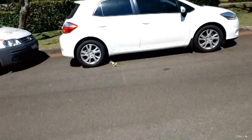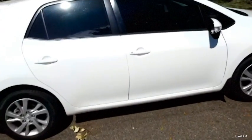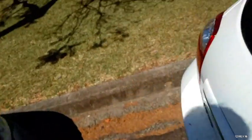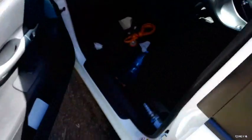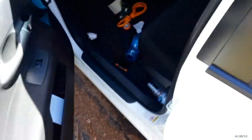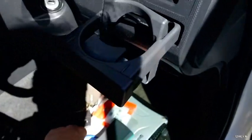Here we are, side of the road, Toyota Corolla 2010. First thing you might want to do is check the VIN, and that's located on the driver's side here, right about there. Next thing with this car is, if you're locked out on the side of the road, there's a couple of options. You can open it normally with the car opening tool. If not, you can use a device like this,